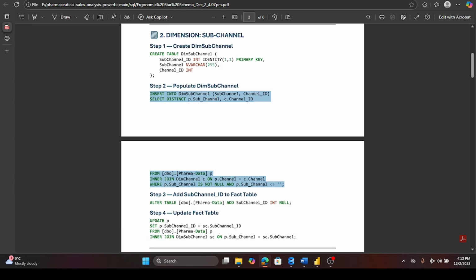Insert into sub channel table channel underscore id, select distinct subchannel, c dot channel underscore id from dbo pharma, which is our raw file, and then we will use the inner join dim channel c on p dot channel because we are getting the data from the pharma. So both of these should be equal, and where also the sub channel is not null. So we'll copy that